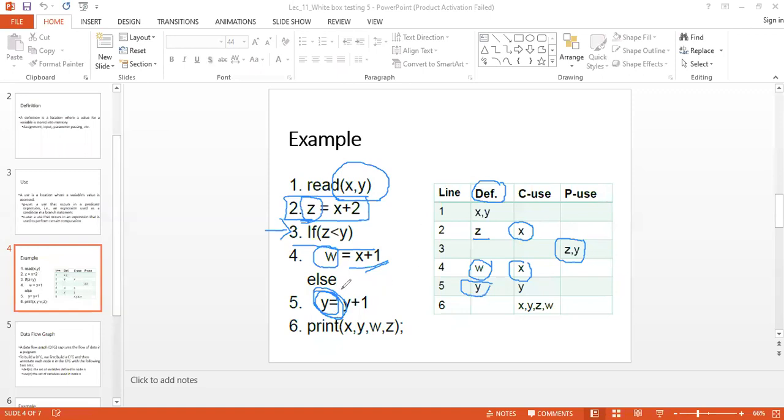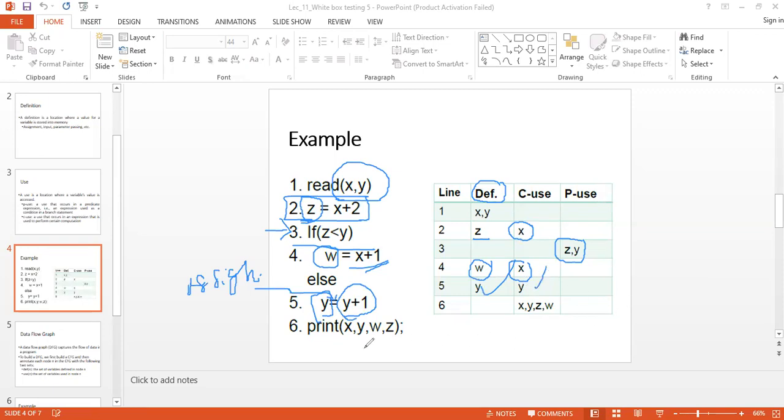You can see this equal sign is an assignment operator. So in that case, this y is involved in the definition. Also, y is again used in a mathematical calculation, so in that case, it is a use.